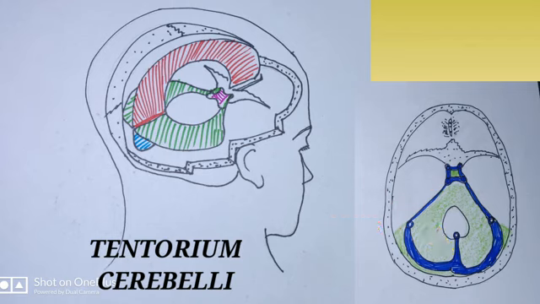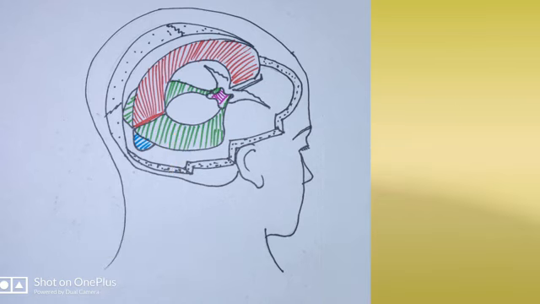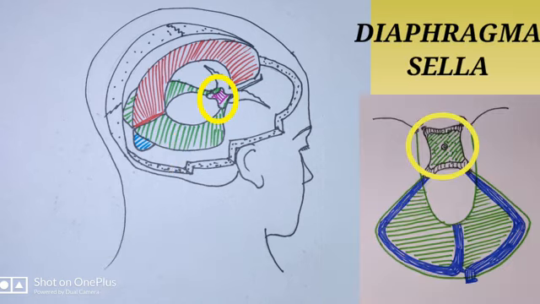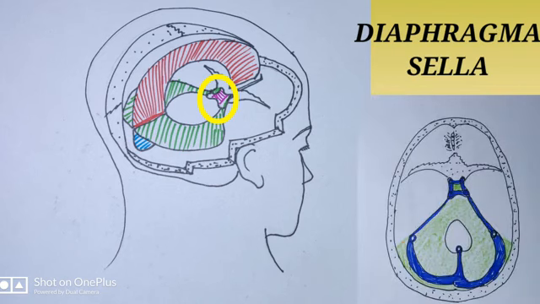The U-shaped tentorial notch, or the tentorial incisura, gives passage to the midbrain and the posterior cerebral arteries. Considering the diaphragma sellae, which is a circular dural fold which forms the roof of the hypophyseal fossa, this dural fold is attached to the tuberculum sellae in front and dorsum sellae behind. It is pierced by the infundibulum of the pituitary gland. It encloses the anterior and the posterior intercavernous sinuses along its attached margins, and on either side it contains the roof of the cavernous sinuses.